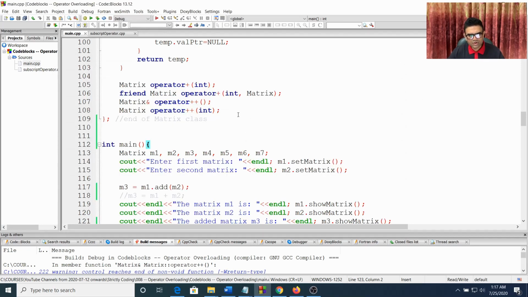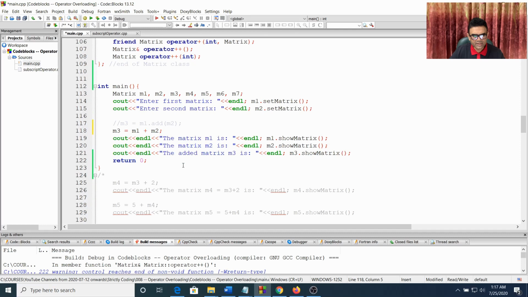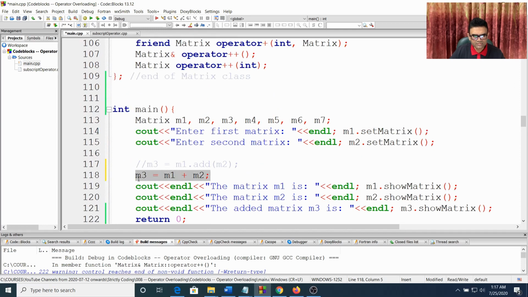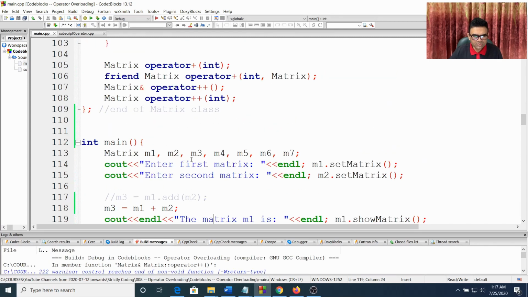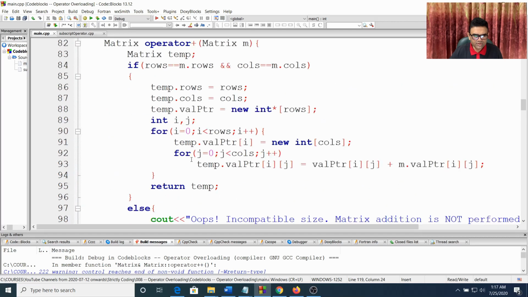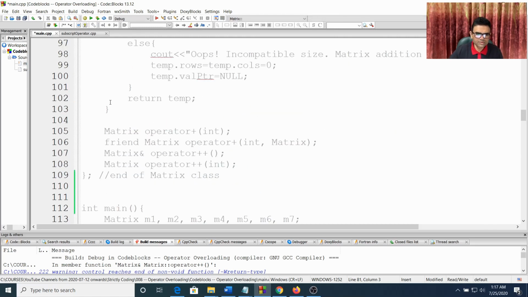But you see, we call the add method, but wouldn't it be more intuitive and natural looking if we could use the plus operator like this? So right now this will not work because the compiler doesn't know what to do if the operands are matrix objects with the plus operator. So if I try to build, it will give me an error. Okay, right now it is not giving an error because the code is already implemented for the operator function. So if I comment that operator function,